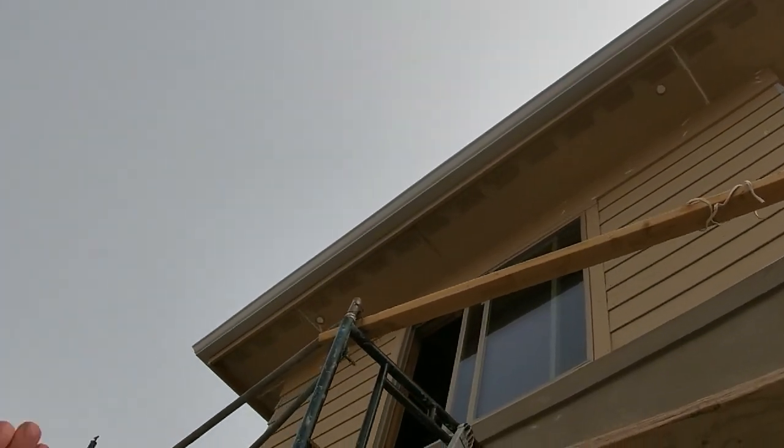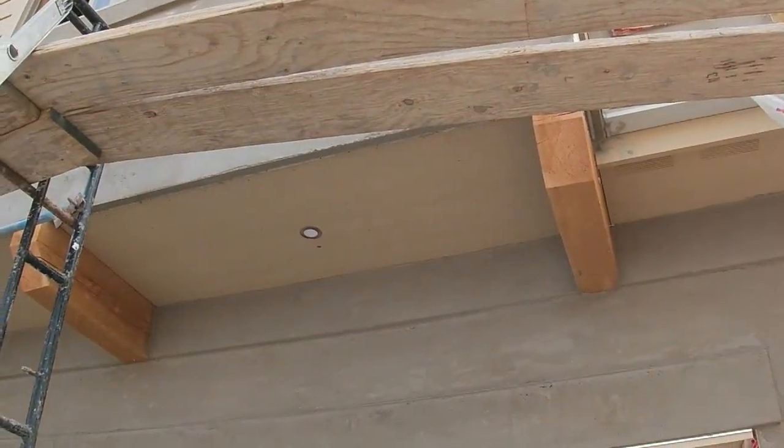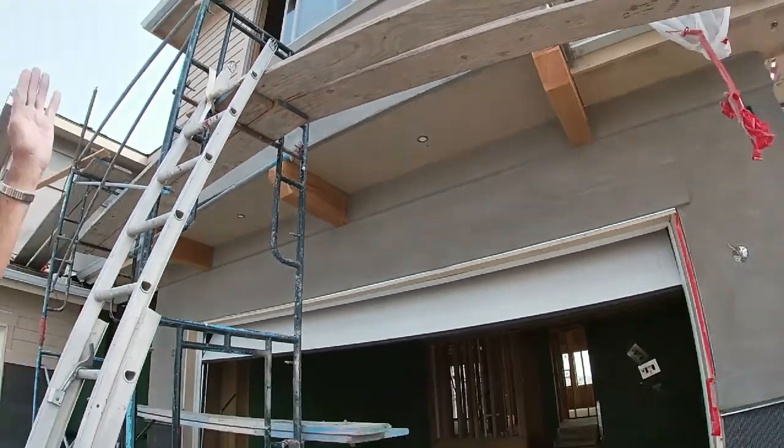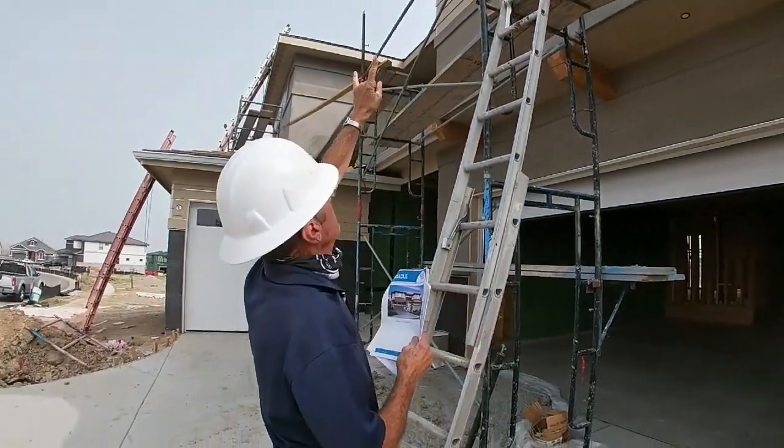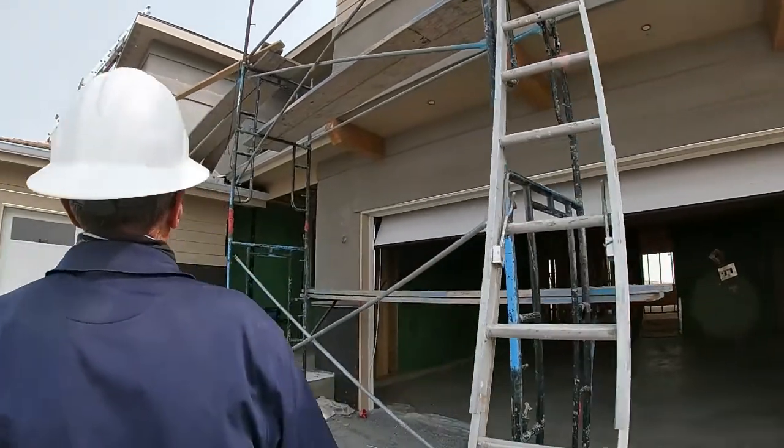There are trusses that come through the front as well. So we have to throw those puck lights off right next to the trusses, so they're just a little bit off center, but that's very typical. So we got the puck lights above next to the front bedroom window, puck lights above the 2-car garage, and